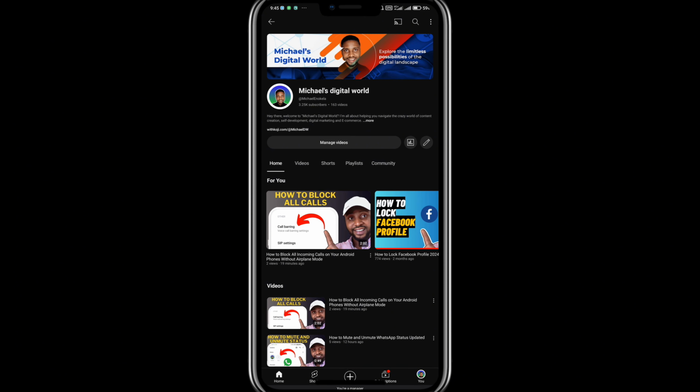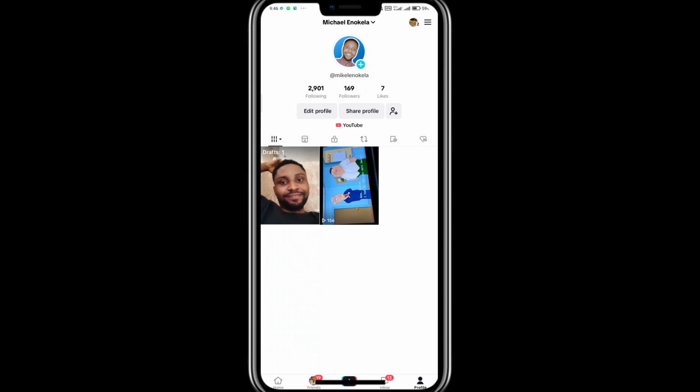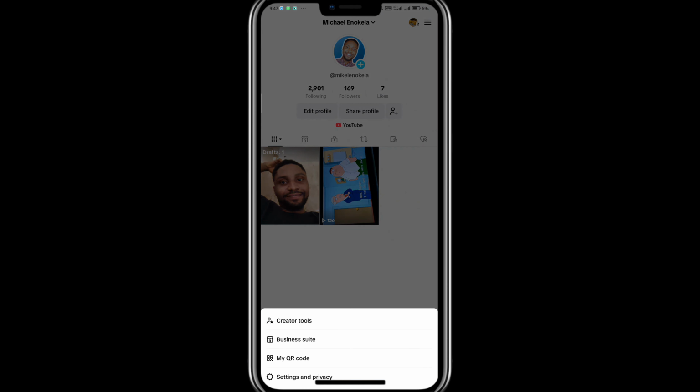First thing you want to do is open TikTok. And once you have it open, you want to come to this section with your profile. Tap on this and this will bring you to your TikTok profile. On this page, you want to tap on the 3 lines at the top right corner of your screen. Tap on this and you're going to see several options such as Creator Tool, Business Suite, My QR Code, and